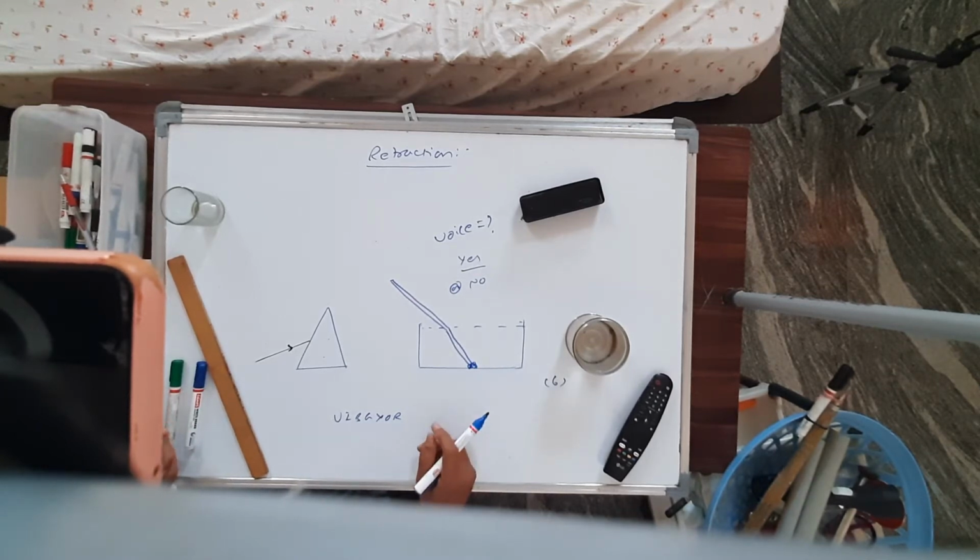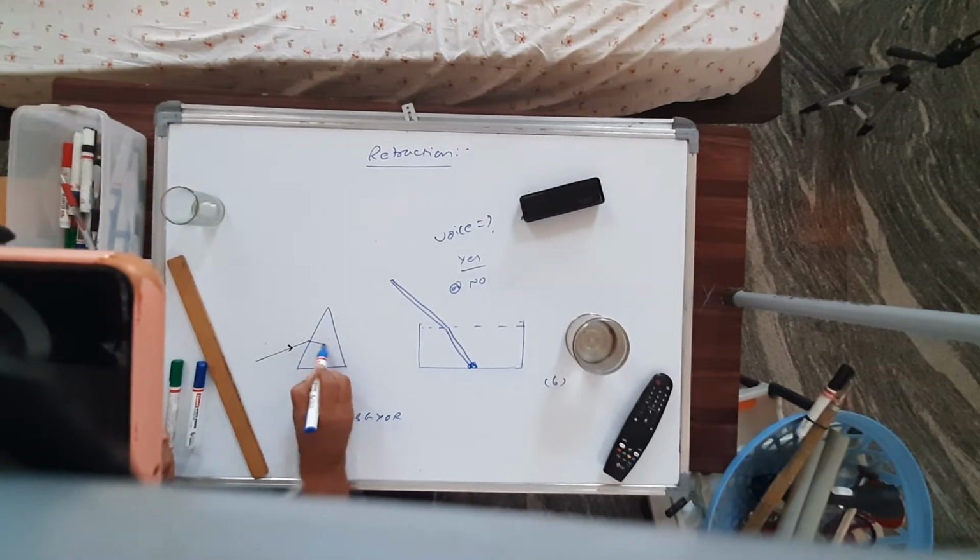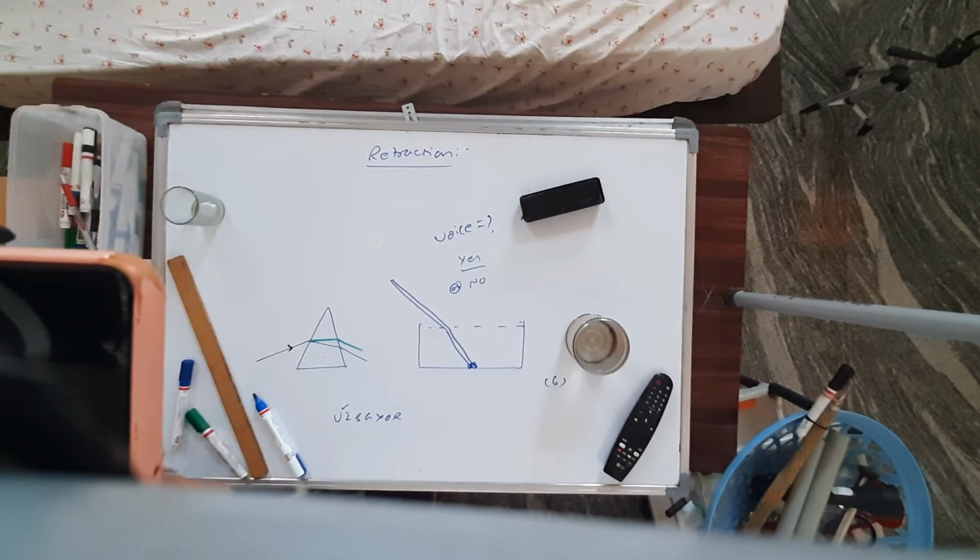Very good. For which color the bending is more? So there is Anirudh. He is telling the right answer. Okay, you please remember, the right answer is for violet the bending is more, but not for red. Therefore, when a ray of white light passes through a prism, it gives rise to different colors. We just observe, the bending is least for red.